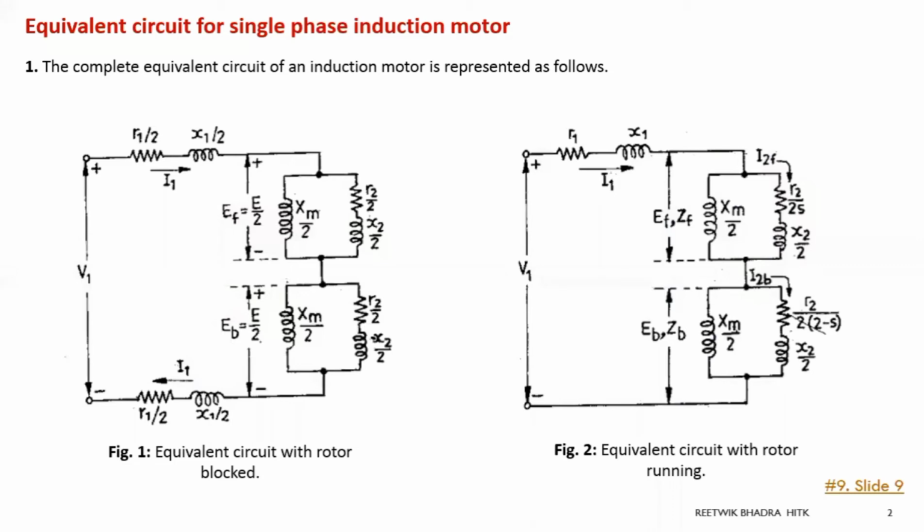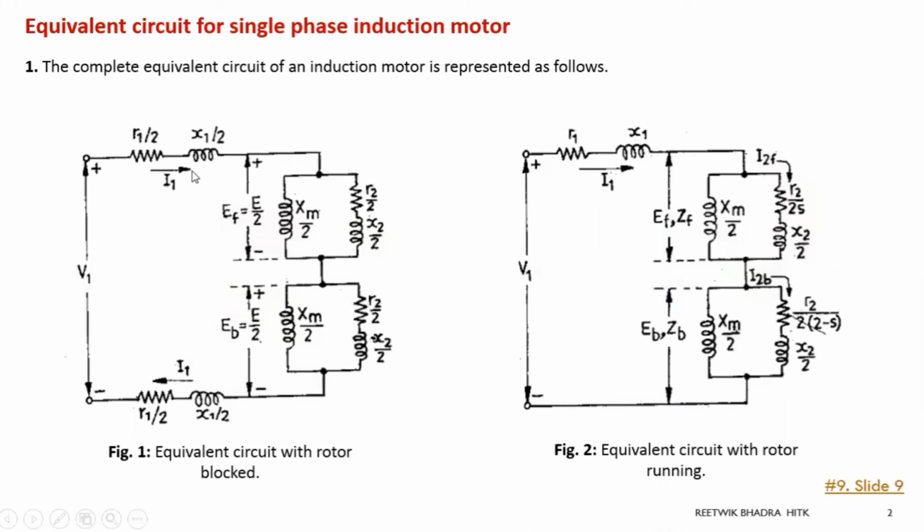We have a stator part, we have a rotor part. And we had also done in three phase induction motor that RC could be neglected and only one single branch could be considered. That means there is no core loss. At no load, all the power is producing the flux. There is no copper loss over there. So I am thinking that all the power is producing my flux only. So that's why RC was neglected. So over here we have taken that approximate equivalent circuit and drawn it. So there is no RC in the circuit over here.